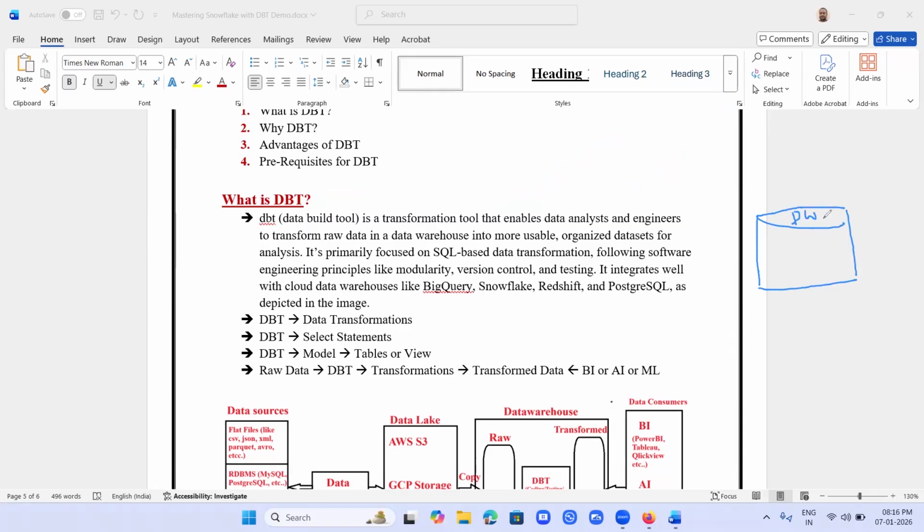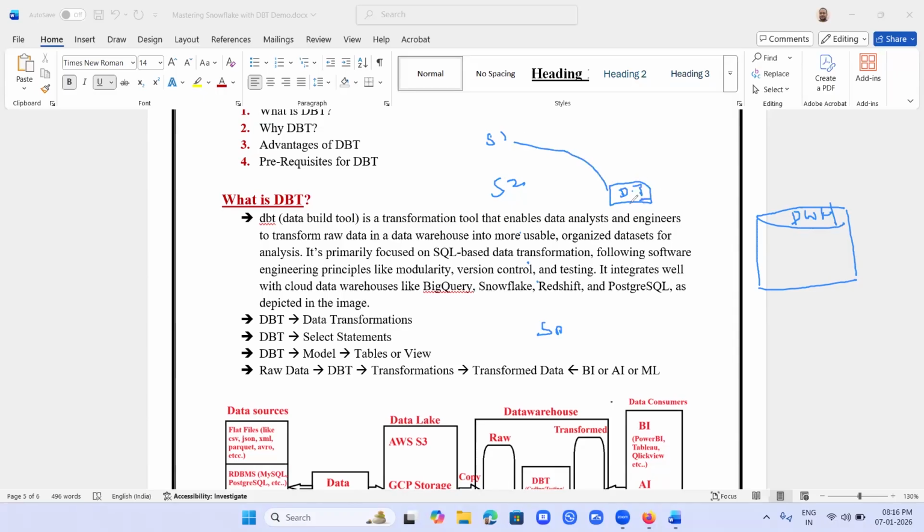We collect data from different sources, source 1, source 2, and so on, source n. From all these sources, using data ingestion techniques,